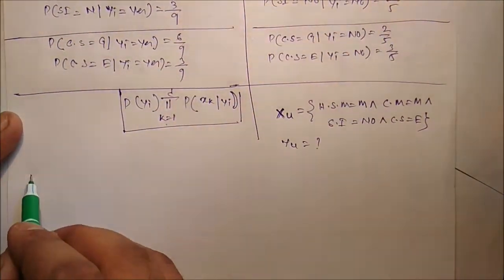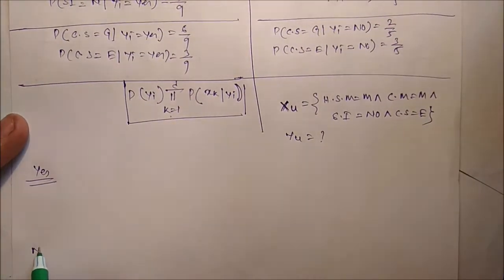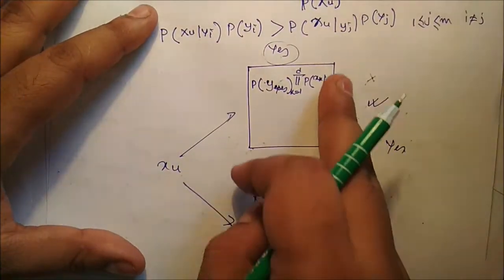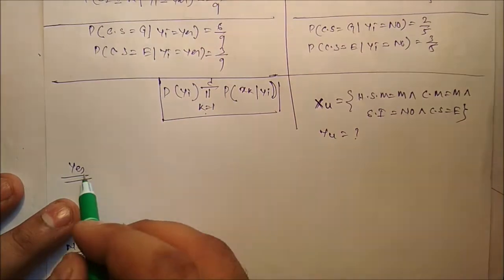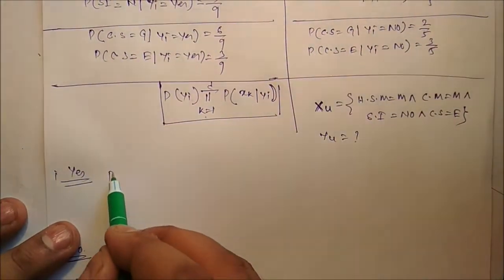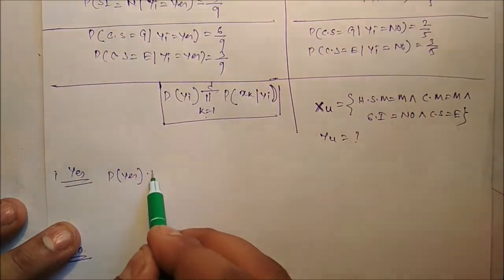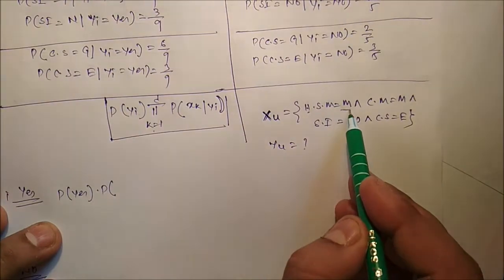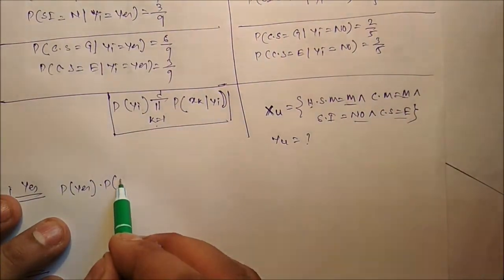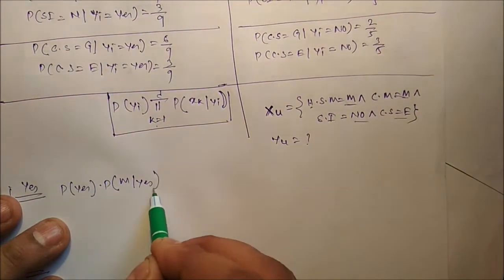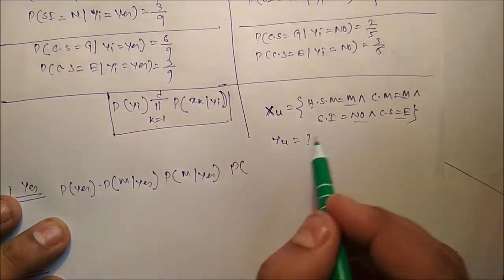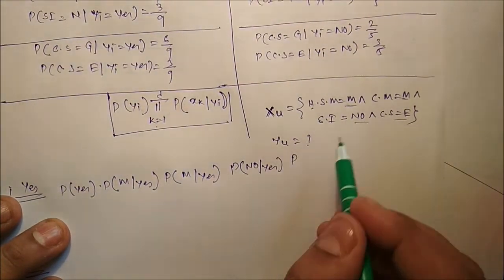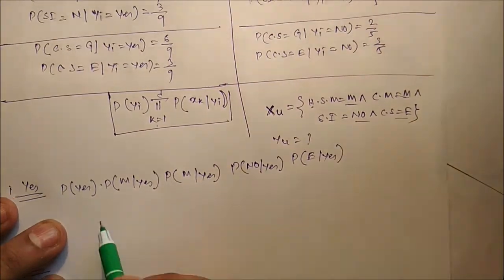First we calculate for the class level yes, and next calculate for no. We have seen here, first for yes and next for no. So probability of yi: here i is yes, here i is no. So probability of yes into probability of no. We need only these attributes: probability of medium high school marks if it is yes, probability of medium college marks if it is yes, probability of sports interested no if it is yes, probability of excellent if it is yes.